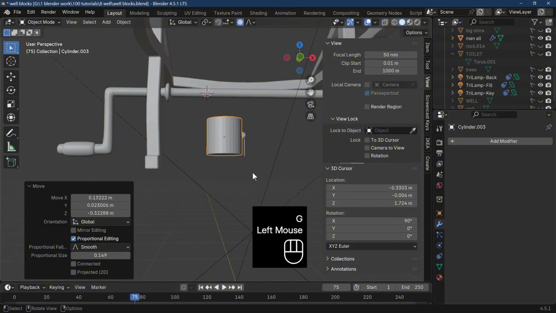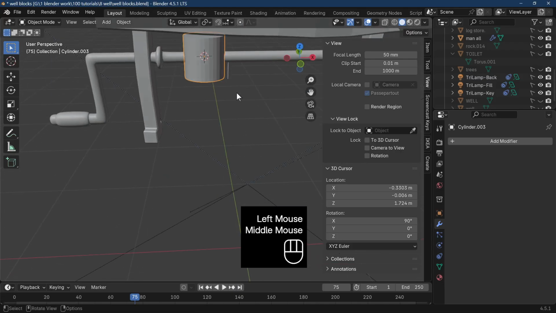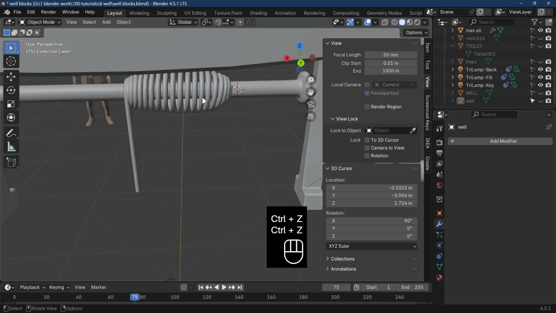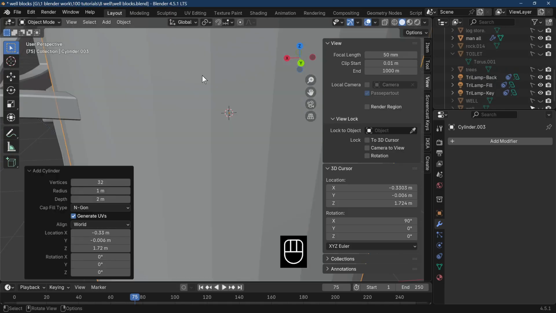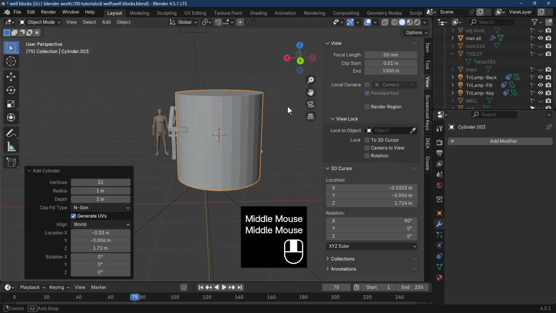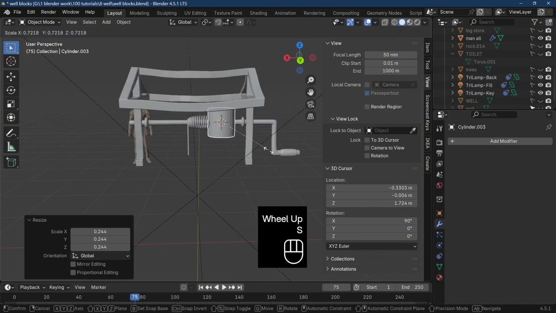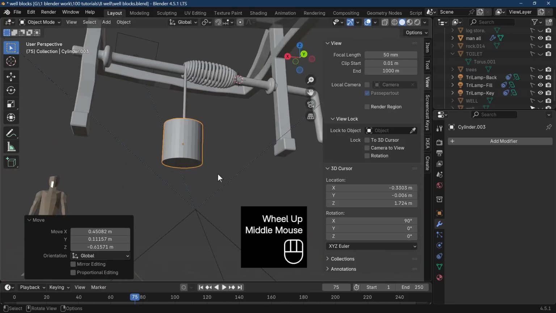And I'm just going to move it down, and of course I've got proportional editing, so it moved everything down. So G, move it down. Let me undo this a bit. I'm just going to add in our bucket, mesh, cylinder. Make sure proportional editing's not on, so it's not affecting anything. And I'm just going to move it down to about where it needs to be in our scene,